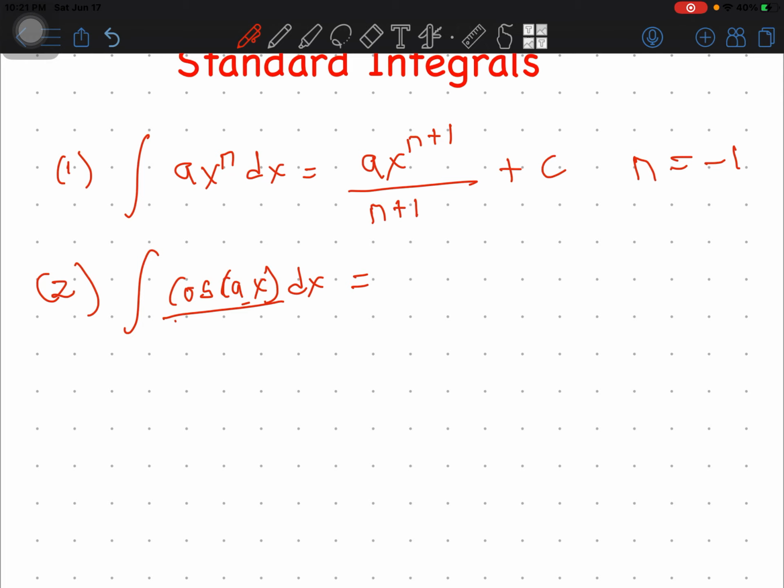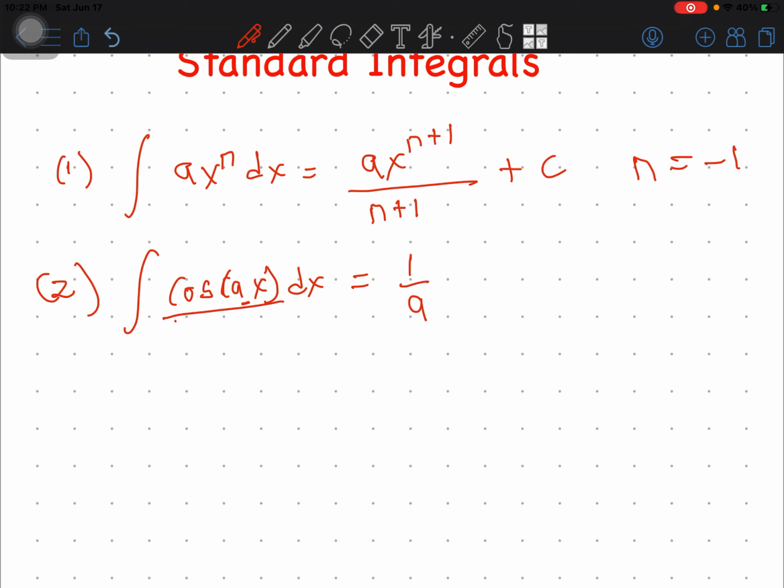If we are dealing with differentiation, when we differentiate whatever is in the bracket, we multiply by it. Since we are dealing with integration, when you differentiate whatever is in the bracket, we divide. When we differentiate ax, we are going to get a, and therefore we are going to get 1 over a,